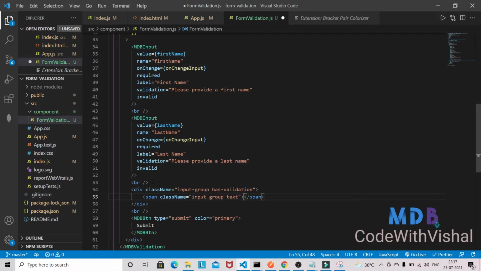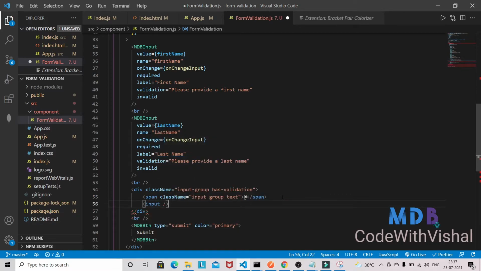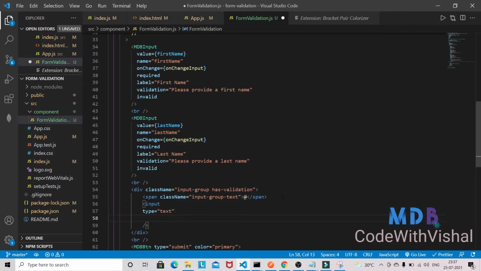and I'll just need this one @, and after that we'll have an input field here, and here I'm not using the MDB input. Class name.